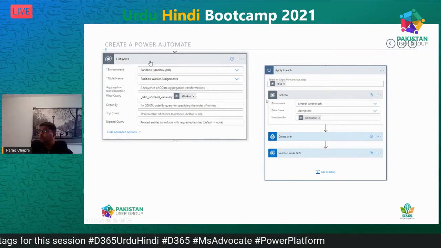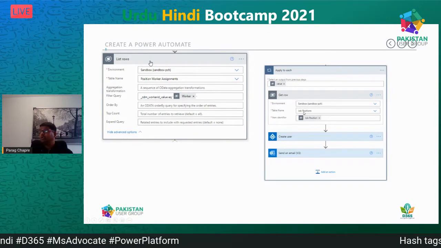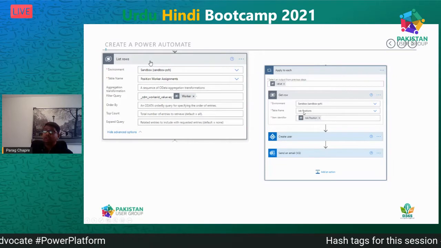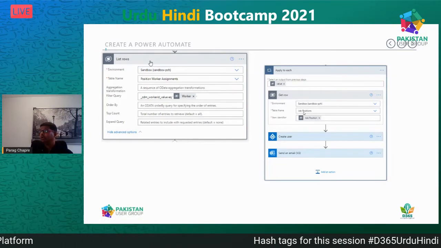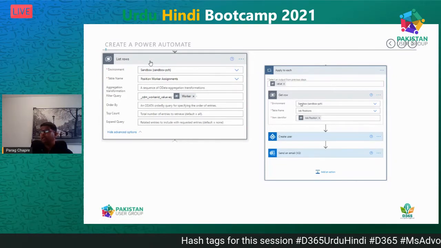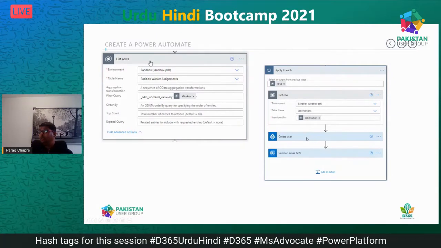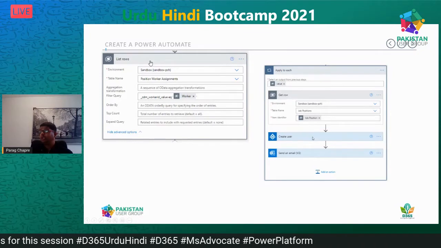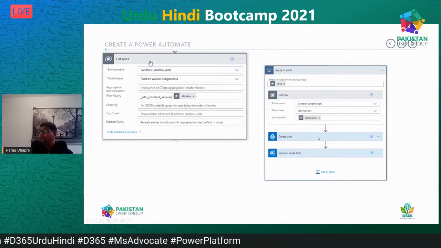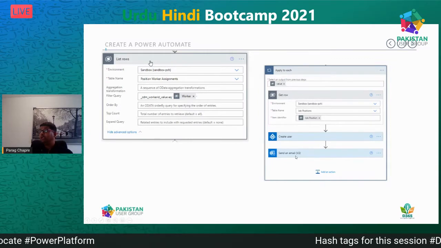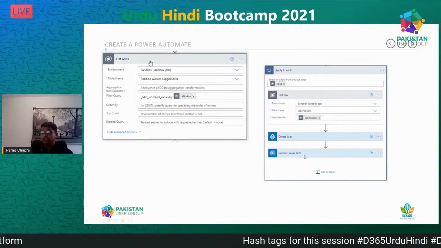And then in the next step we have to apply the same logic to job position to get the information such as department, cost centers, job title, job function. And then we have to create a user in Azure AD with first name, last name, email address, and other position information. And then we will trigger an email to the user saying that a record has been created for you in Azure AD.